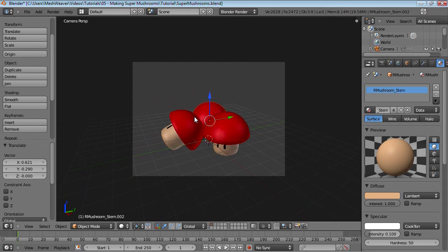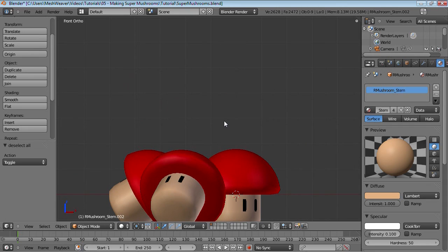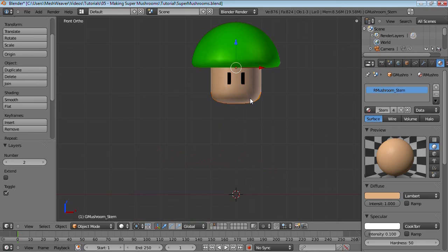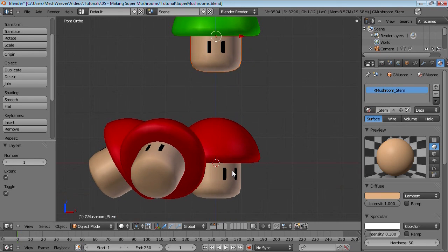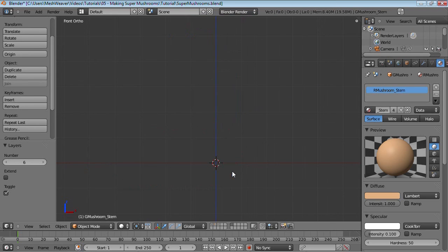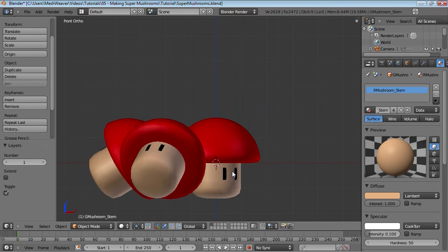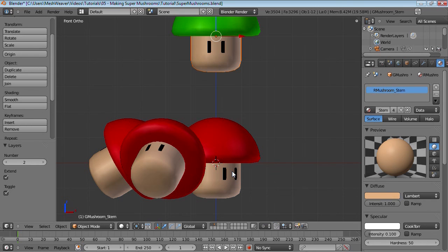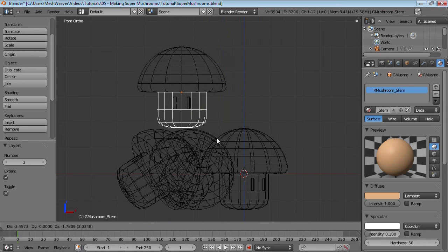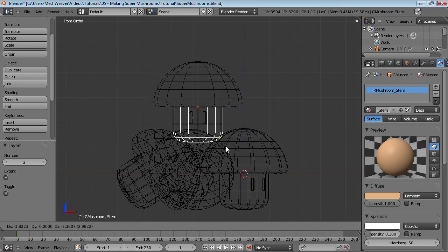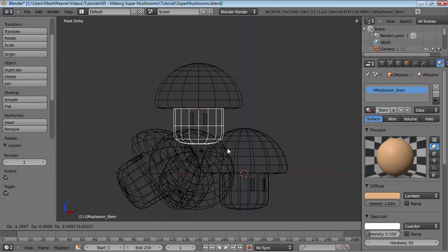Yeah, that looks good. And bring back your one-up mushroom, and first off make sure that both layers are visible. You can switch layers by pressing the numbers on your keyboard, but if you want to activate several layers, press Shift plus the layer number. So what we're going to do here is move this little guy all the way down here. Just move him so that he's sitting right on top